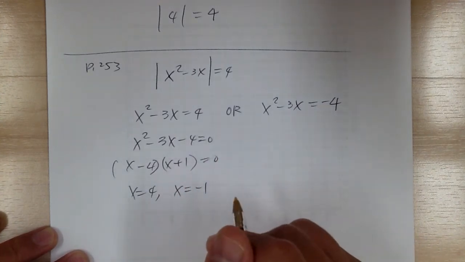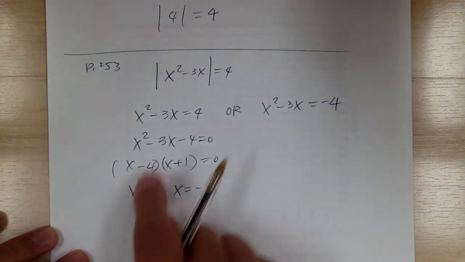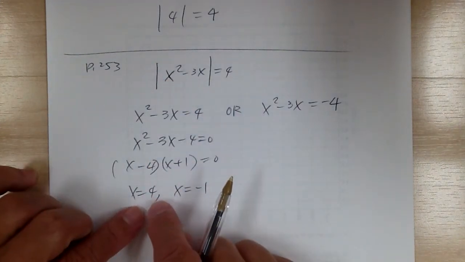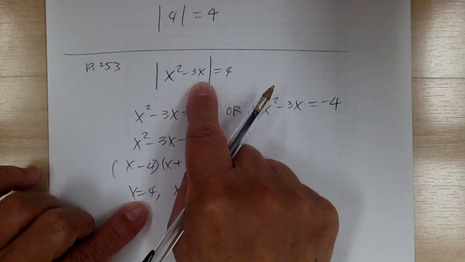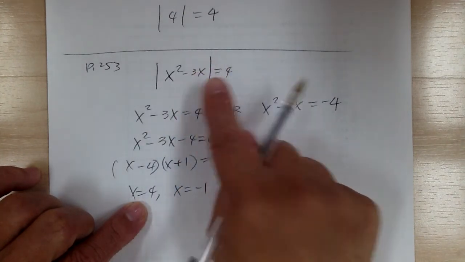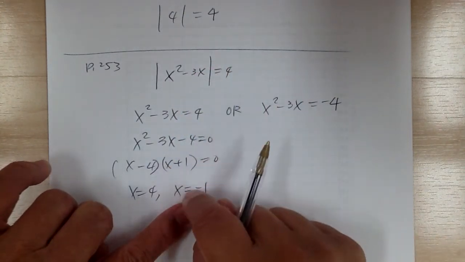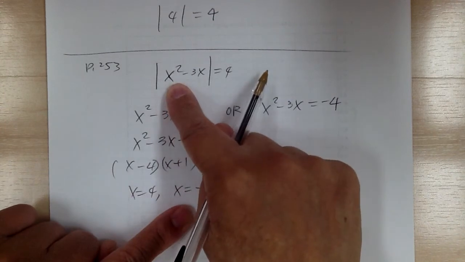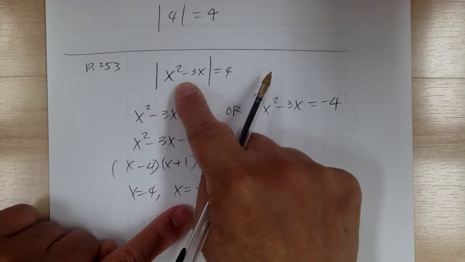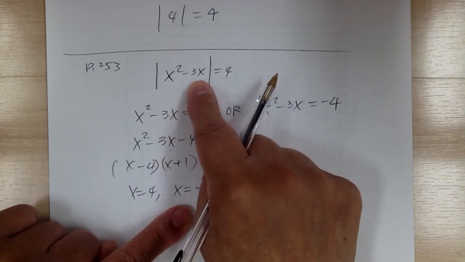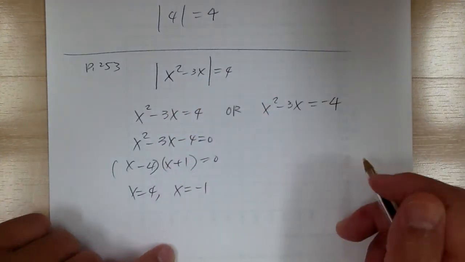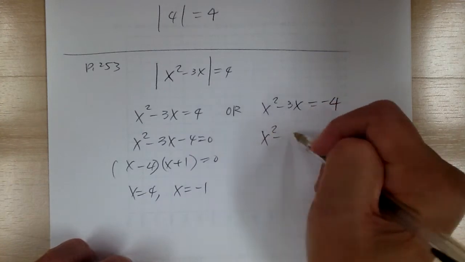Okay, and you can check, right? You can put this back in here and check. So if x equal to 4, you're going to get 16 minus 12 equal to 4. Absolute value of 4 equal to 4, right? And if you put -1, so -1 squared is 1. 1 minus 3 times -1, so it'll be 1 plus 3, which gives you 4. So that's that. Now this one, if you move these things over,